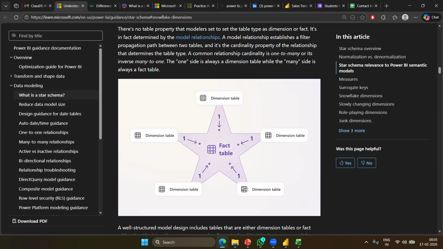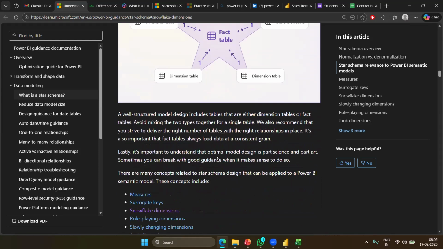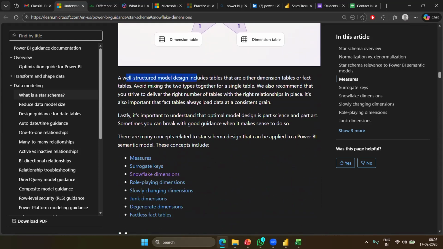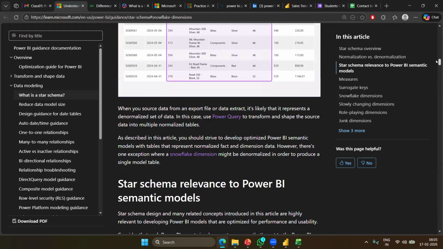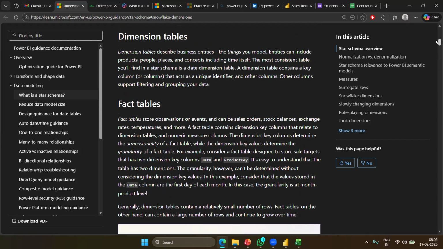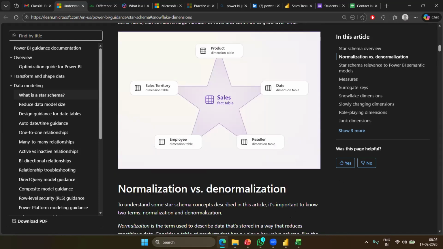Now this customer can do multiple transactions or activities, right? So the same customer ID can be repeated in the fact table. See, a well-structured model design includes tables that are either dimension tables or fact tables. Okay, so is it clear with the concept of dimensions and fact tables?